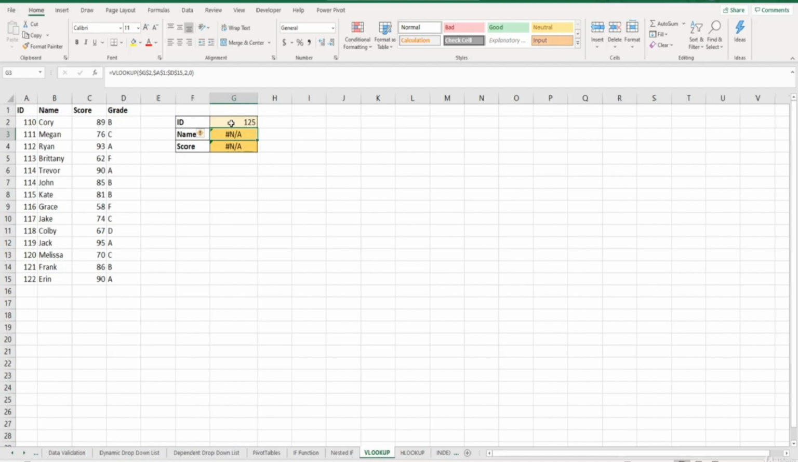Now you might be thinking that there's something wrong with your formula. But there's actually nothing wrong with the formula. It's just that it can't find 125 within our ID column. So to handle these types of errors, we can expand our VLOOKUP formula to make this error more descriptive. So if our VLOOKUP formula can't find an ID, instead of returning NA, we can tell it to return a